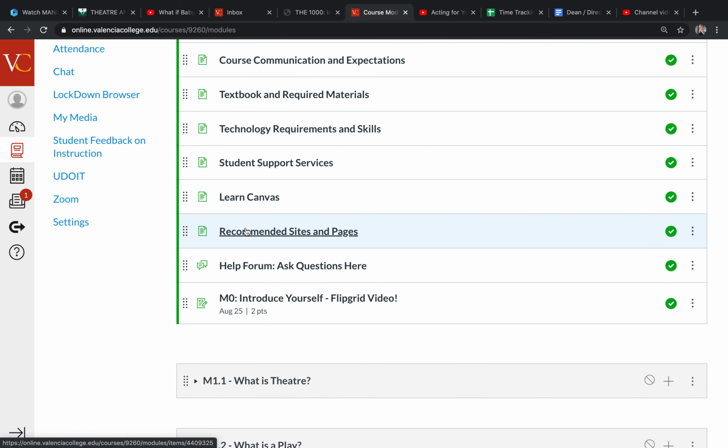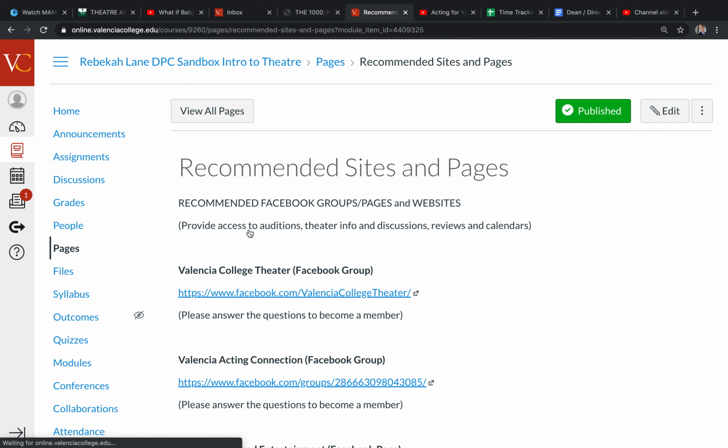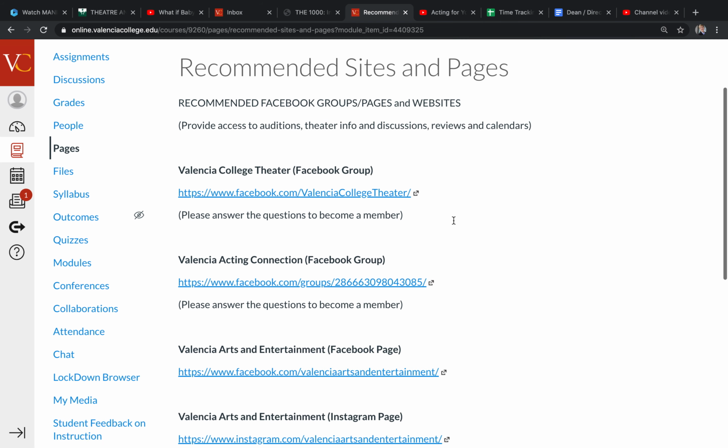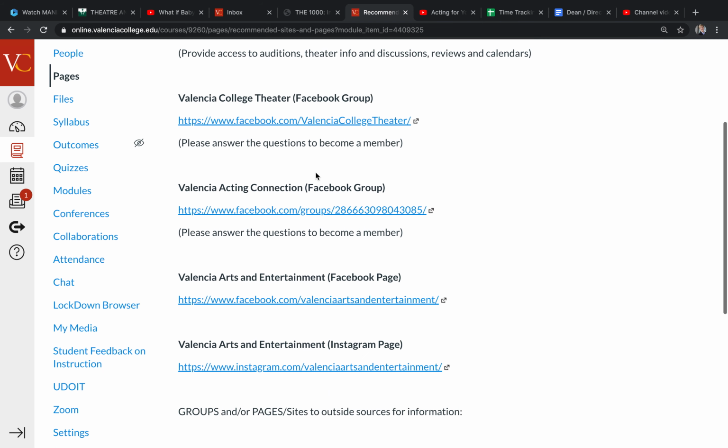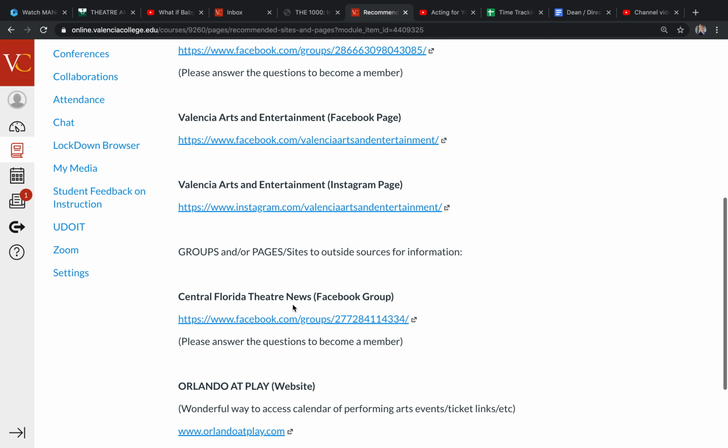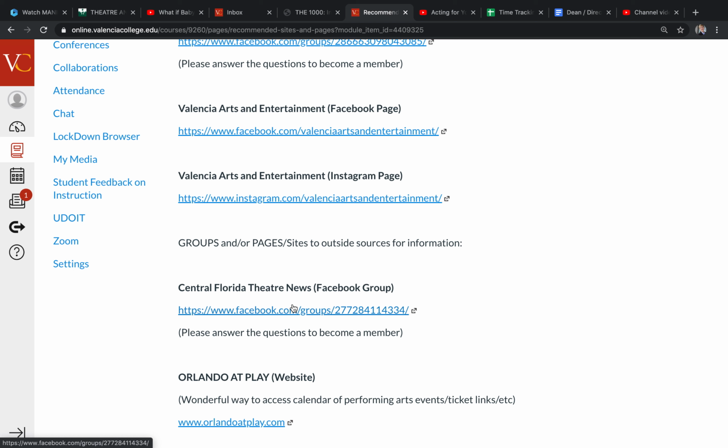This is in recommended sites and pages. This is another way for students to become connected to the larger community, to the Valencia community and also the Orlando community. If there are websites that are specific to your area, let's go ahead and include those.